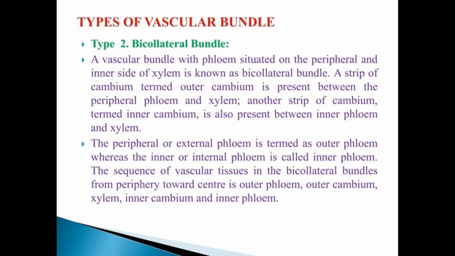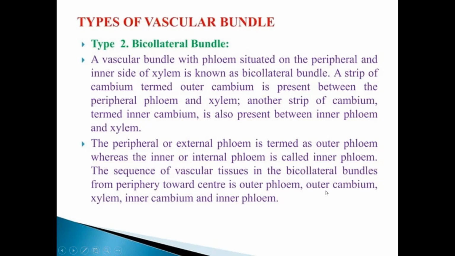Bicollateral vascular bundles are seen in the Cucurbitaceae family. This is a special character seen in Cucurbitaceae and Solanaceae members. The peripheral or external phloem is termed the outer phloem, whereas the inner or internal phloem is called the inner phloem. The sequence of vascular tissue in bicollateral bundles from the periphery towards the center is